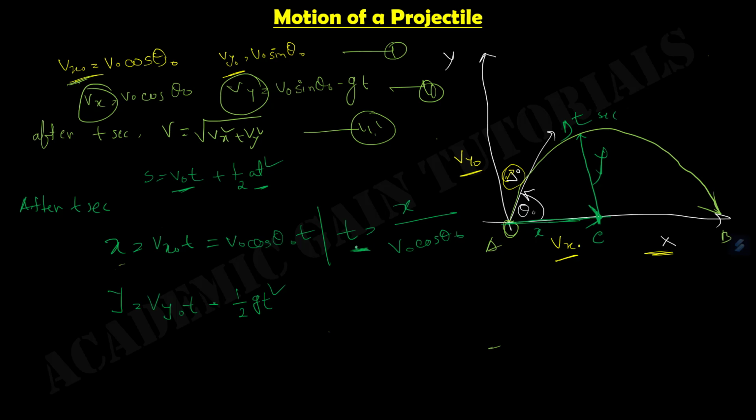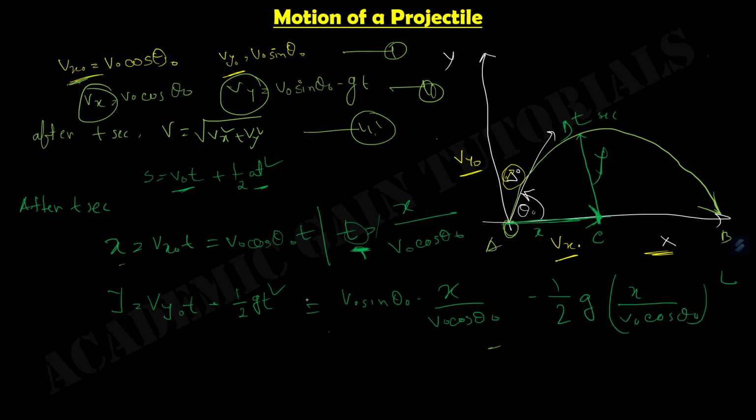Now we replace this t as x by v naught cos theta naught, then we will get, for vy naught we can write v naught sin theta naught. For t we can write x by v naught cos theta naught, minus half of g, and for t square we can write x by v naught cos theta naught whole square. If I solve this whole equation, I can write this equation in this manner: y equals x tan theta naught